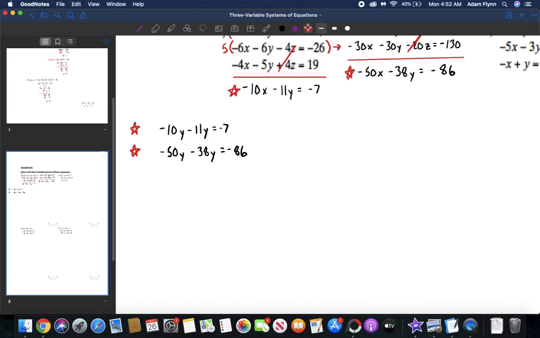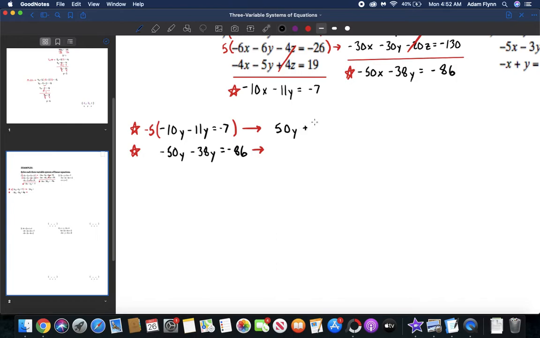So I'm going to continue to use elimination, and if I take a look at the coefficients of my variables, it looks like y will probably be my best bet. So if I make this negative 10y a positive 50y, my y's will eliminate. So I'm going to scale my top star equation by negative 5. And when I do that, I end up with positive 50y